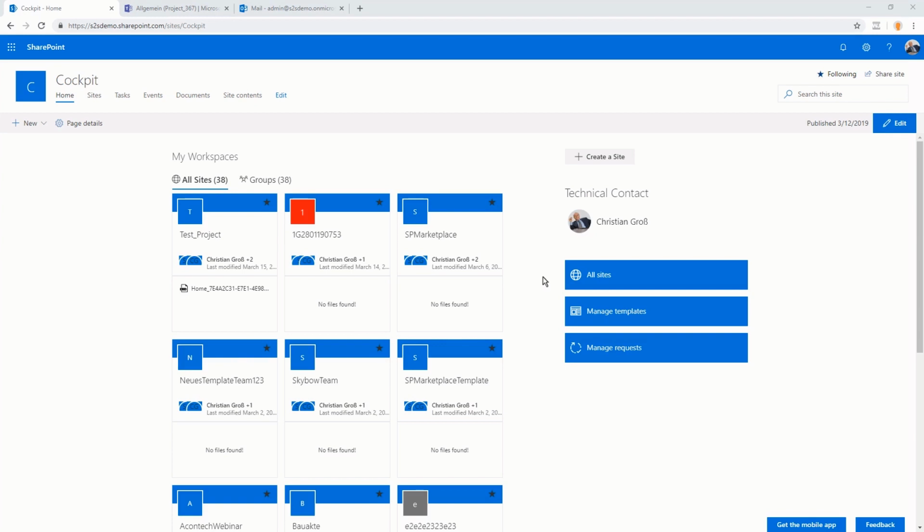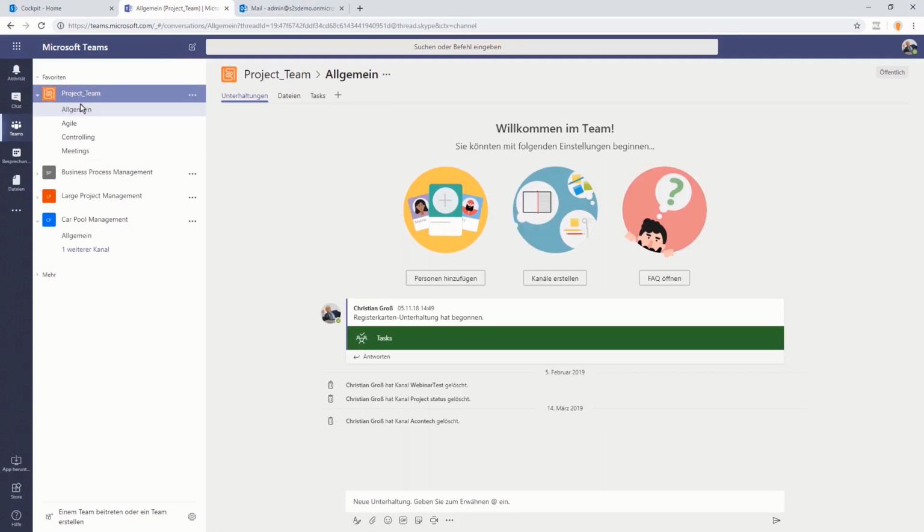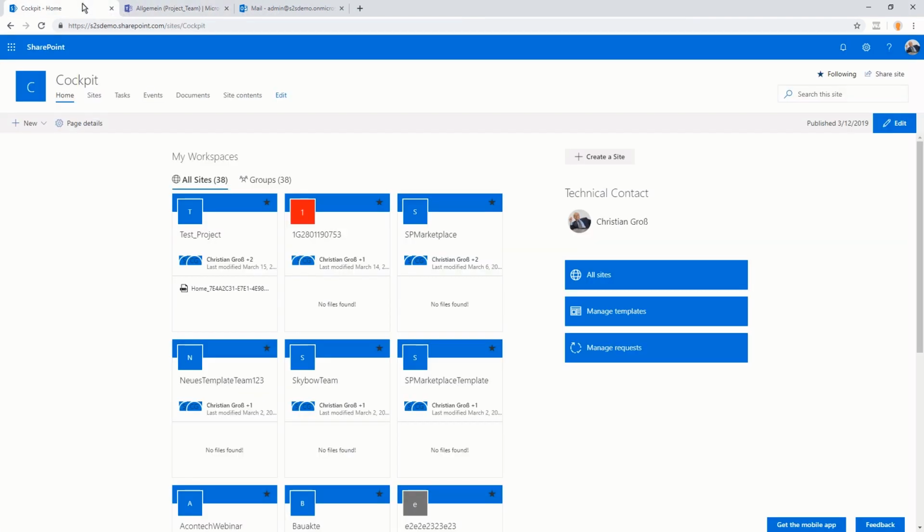Today we want to create a team based on a template with our collaboration manager. Before we begin, I'd like to show you here our template with 4 already predefined channels. To create our team, we first click the Create Site button,